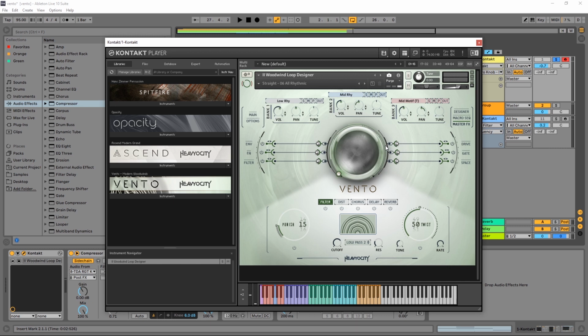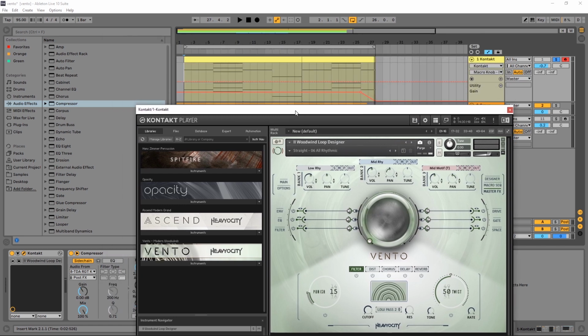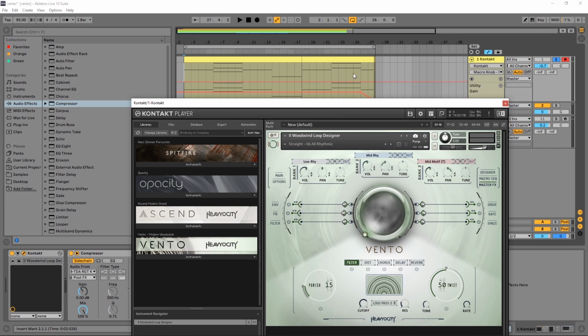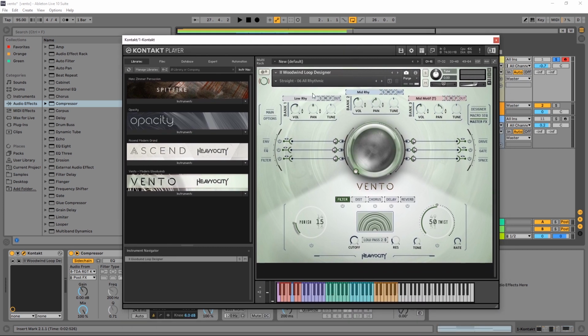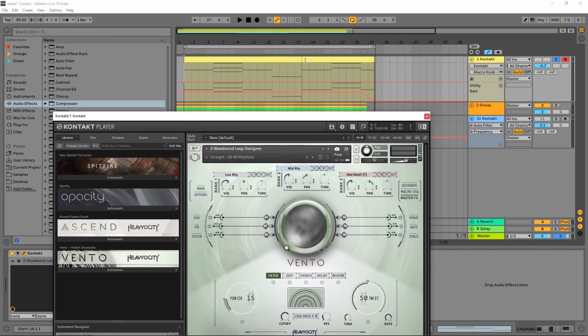And it was incredibly easy to do because of how awesome all the loops sound just out of the box to begin with. There isn't any automation really inside of here. I did add a filter and then a gain modifier over here at the end just to kind of fade it out. But for the most part, those are all just unaffected loops that come right inside of Vento. So the way I went about doing this is if you look at this MIDI clip,